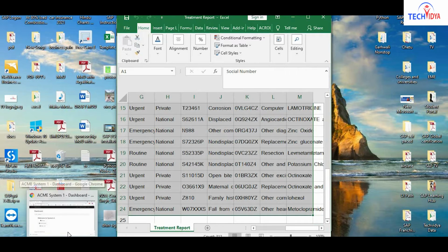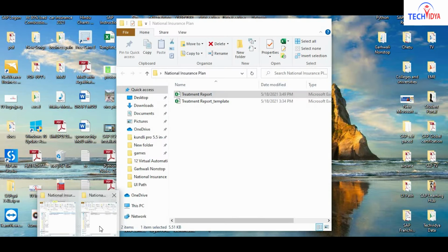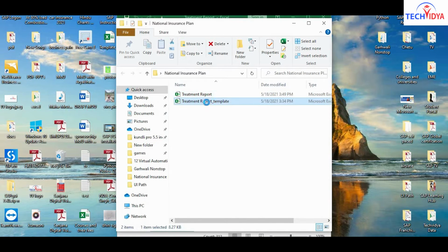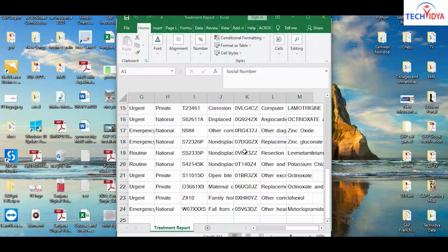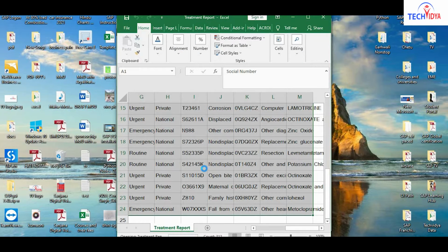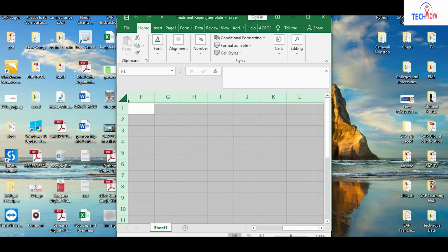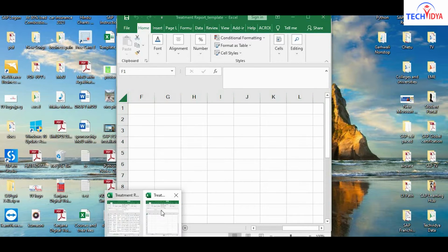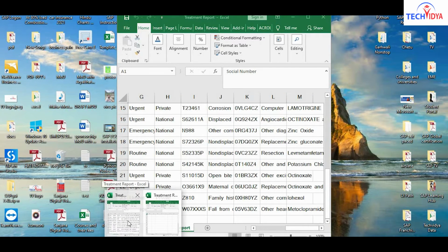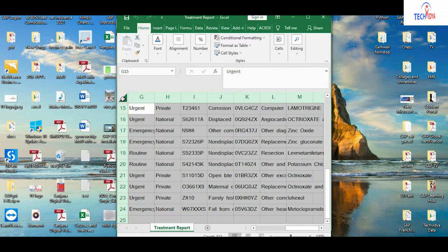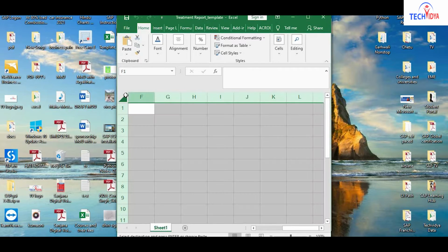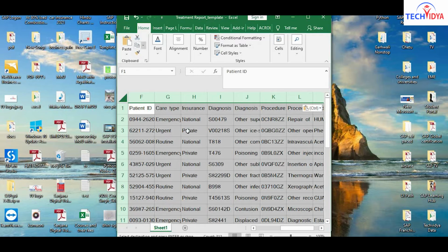That means converting the CSV into Excel in the treatment report template. So copy and then paste here, and then save it.